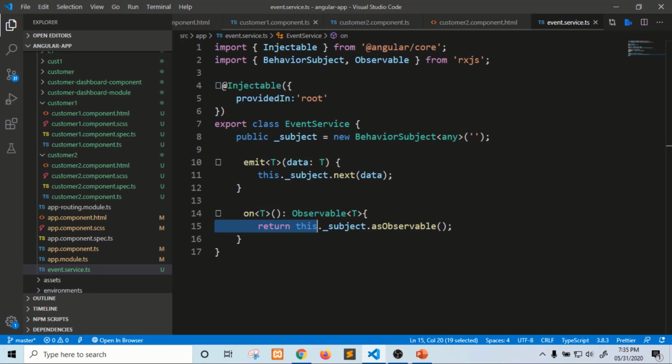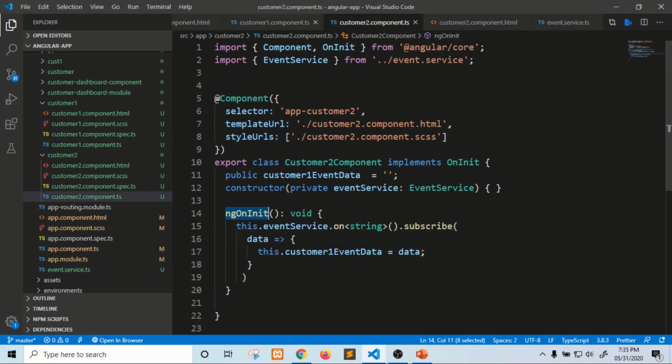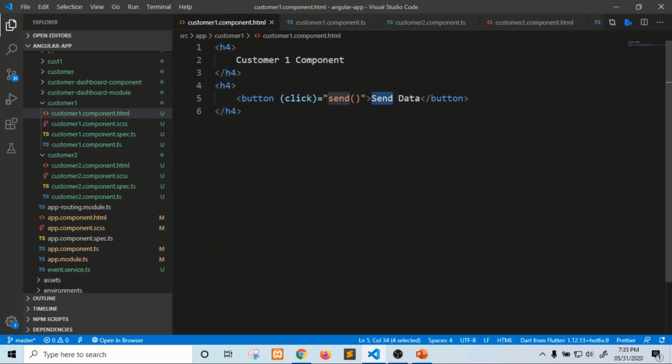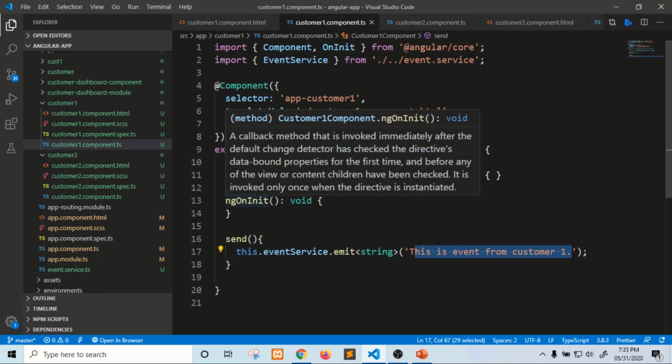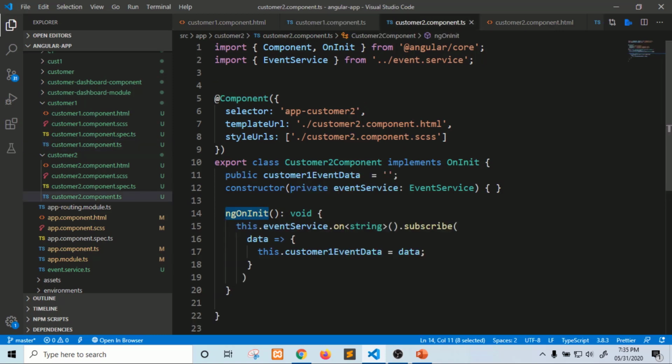In the second step, we have created one button in the customer 1 component. This send data button, when clicked, calls the send function in our customer 1 dot component dot ts file. This emits the string 'this is event from customer 1'. We have imported this event service and injected it into the constructor, and if I go to customer 2, here we have registered this event inside ngOnInit.